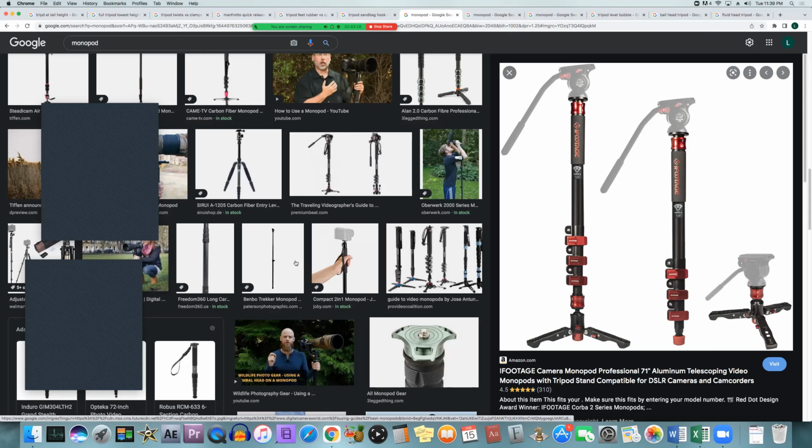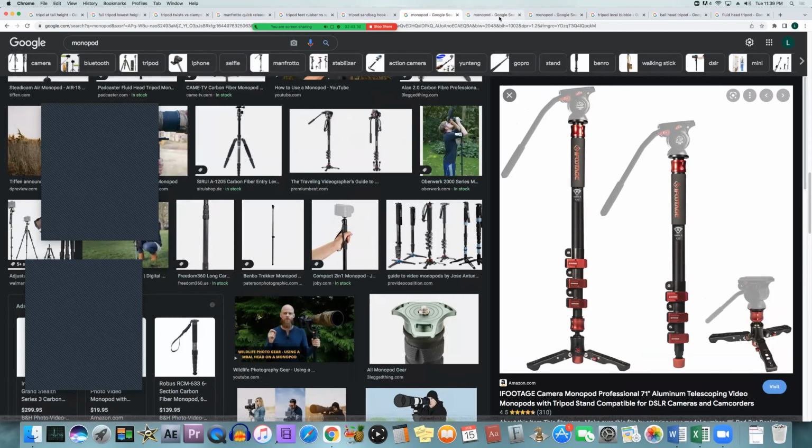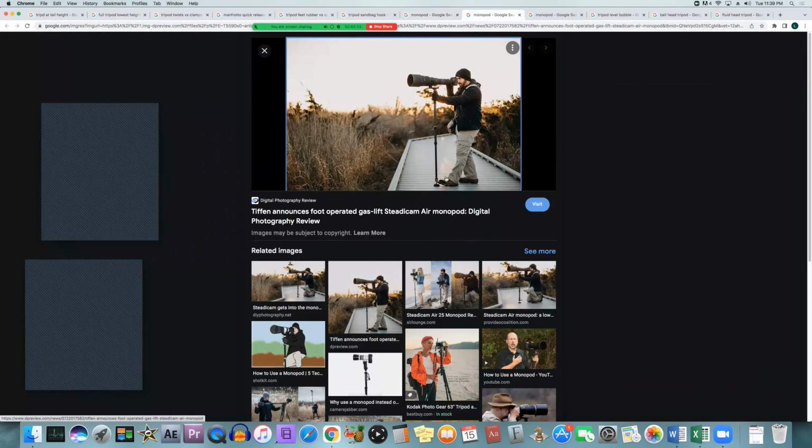But a lot of monopods are just these handheld ones where it just has one leg, it has one part where you hold it. And basically these are used instead of tripods. Sometimes these will be used for quickly being able to maneuver and go around in a space while still having some stability by putting it on its leg and having a tiny bit of hand motion in the shot while also having it be pretty